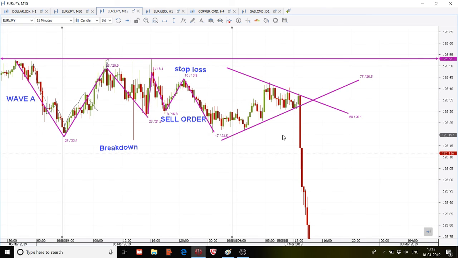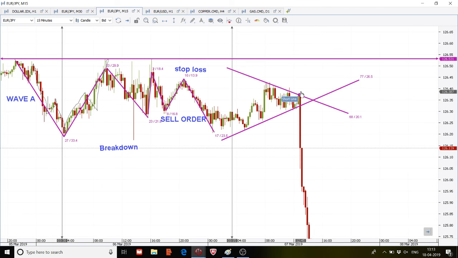Most of the position traders follow a wider stop loss technique, but on a lower time frame, you can minimize your stop loss. That's why you can combine the higher time frame with the lower time frame. Look for a trend on the higher time frame chart, then you can go back to the lower time frame and minimize your stop loss levels, because as per the technical trend, the stop loss should be above this